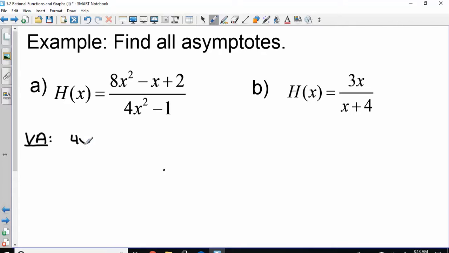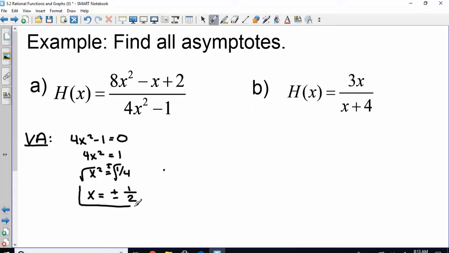So if I set 4x squared minus 1 equal to 0, to get rid of a square, we square root. When we do that, we do plus and minus. We get x equals plus and minus square root of 1 is 1, square root of 4 is 2. So I have two vertical asymptotes, x equals 1/2 and x equals negative